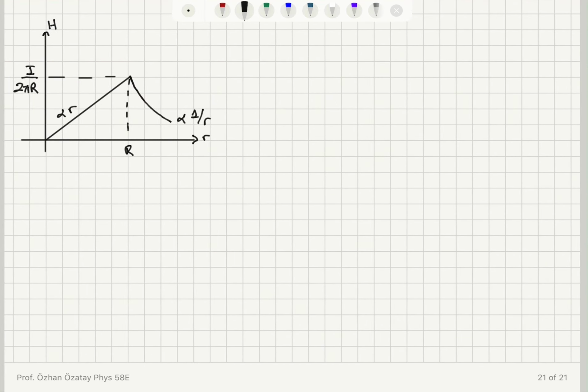Now, what I would like to do is, how about in CGS EMU units? How can I formulate Ampere's law in CGS EMU units? Well, so let's